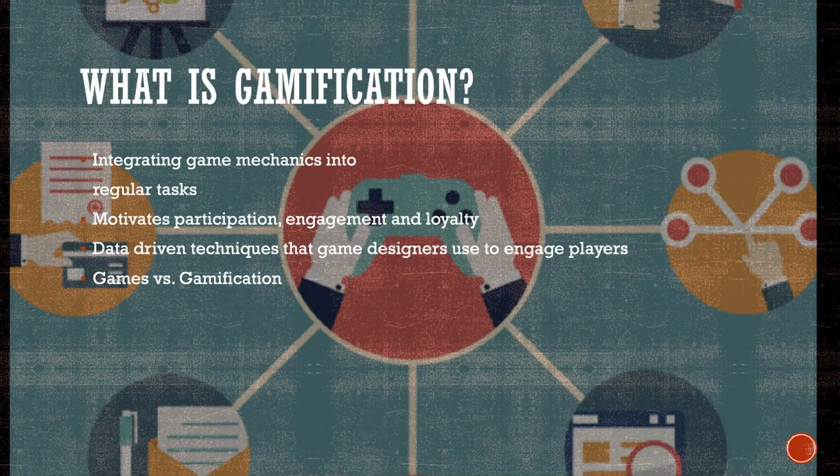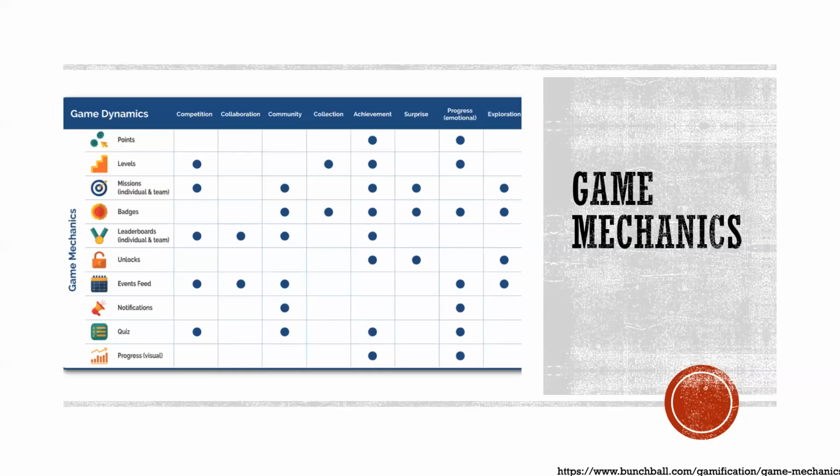So let's take a look at your ammunition, or the tools that you can use to integrate gamification into an application. Some of them are points, and this is something that's tangible and measurable. You can use it to keep score, establish status, or accumulate to purchase virtual or real goods. And again, coming back to the same example of training modules, as you keep completing modules, you keep getting these points. And once you have a good number of points, you can use that to get a reward or buy something.